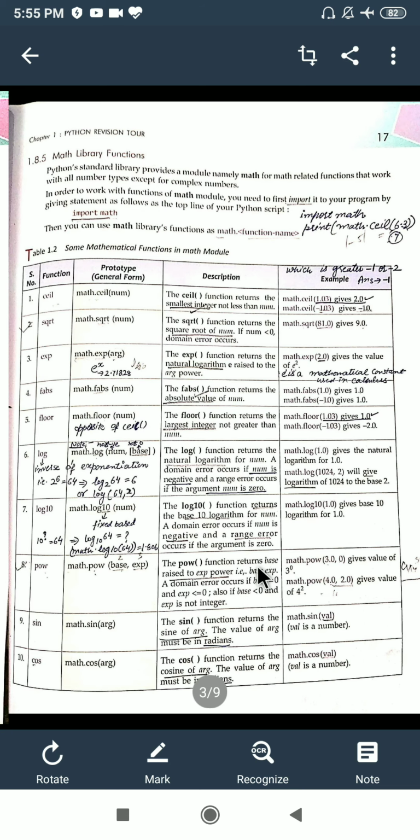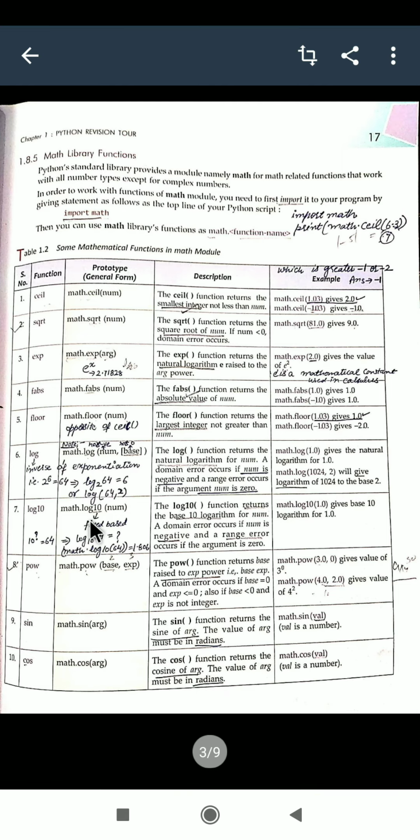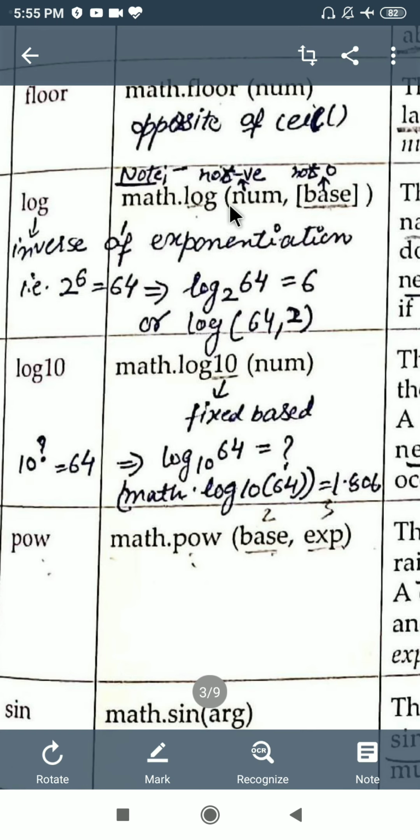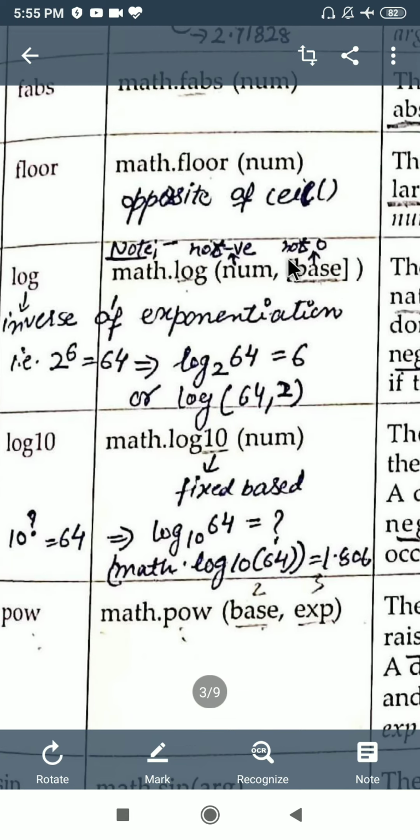Similar is the case with log 10. See, here the base was your option. One thing left, condition that you must keep in mind. Here the number that you are using should not be negative. Means you cannot pass a negative number of whose logarithm is to be calculated, and the base cannot be 0. You need to keep in mind number cannot be negative and base cannot be 0.